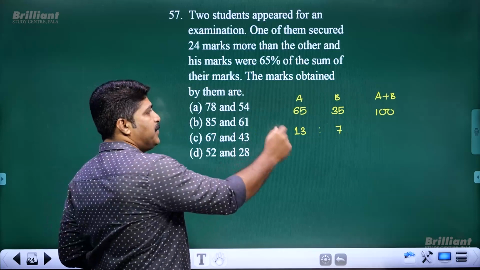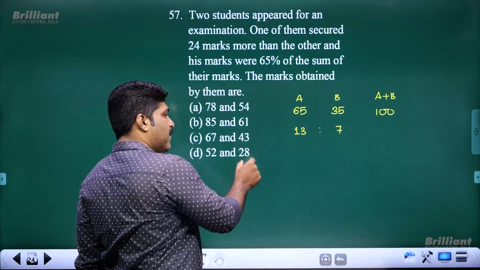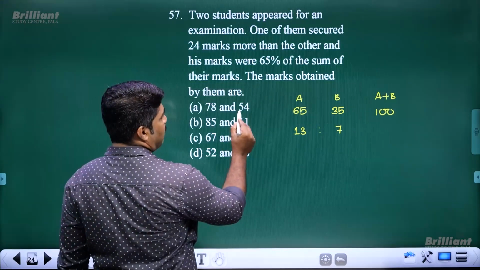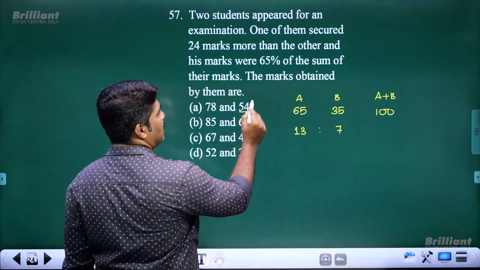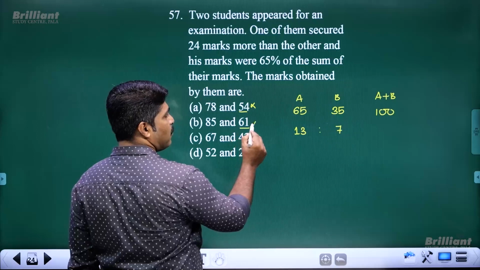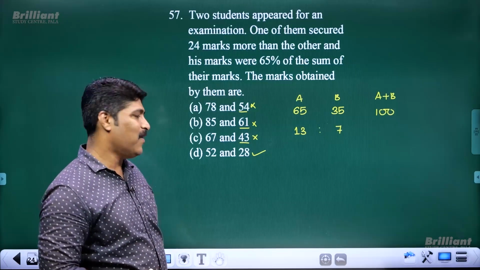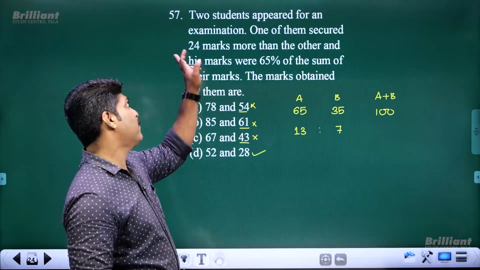You just observe which of the second value or the least values is divisible by 7. Is it divisible by 7? No, it's not divisible by 7. It's not divisible by 7. So, this is divisible. Therefore, we don't want to go for further testing and we don't want to use this